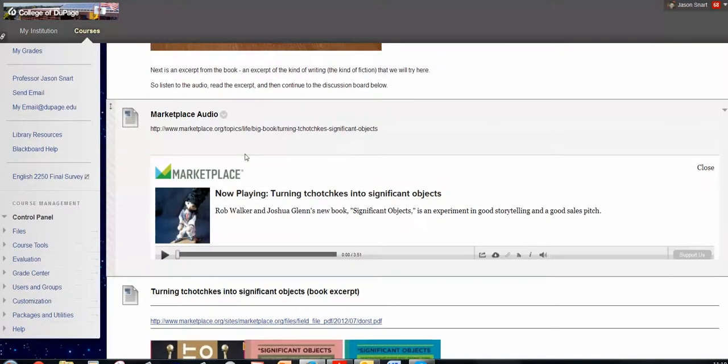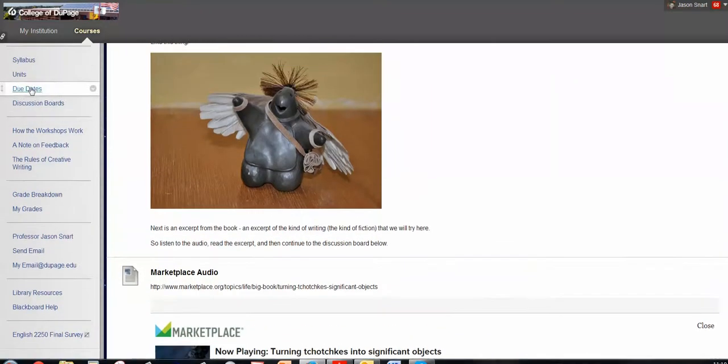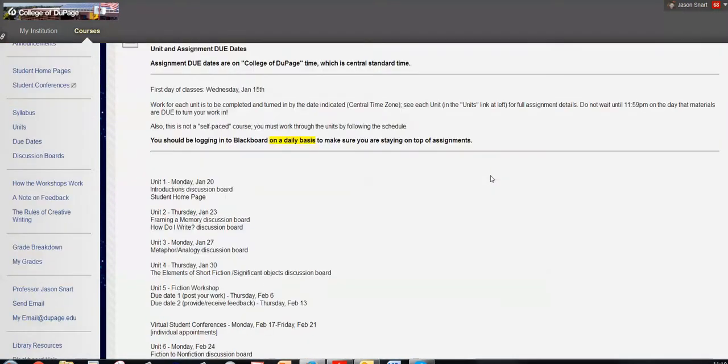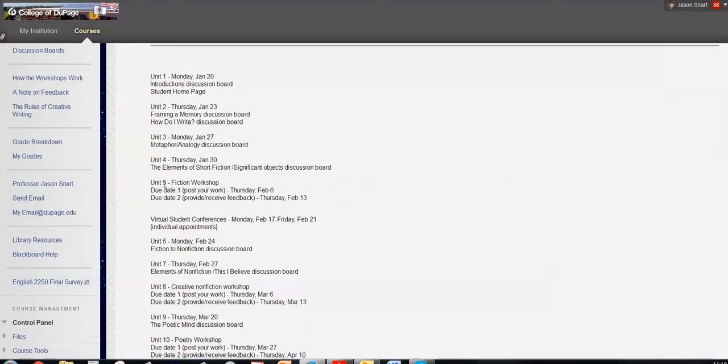Okay, anyway, back to our due dates, because now they change a little bit as we enter our first workshop, which means Unit 5, the workshop units, have 2 dates associated with them, as you can see here. A posting date, which means that this is the date that you finished that piece of writing and posted it into the appropriate discussion board. You'll see yourself in a group and you can find exactly where in Unit 5. You have to have done that on time in a file that people can access